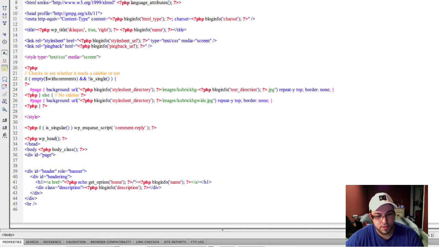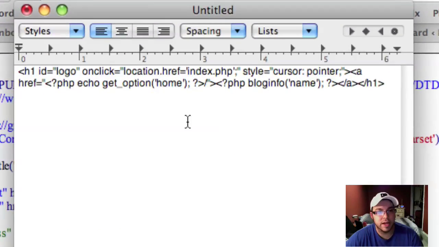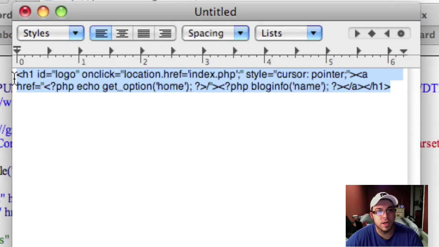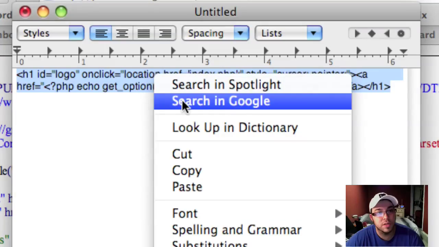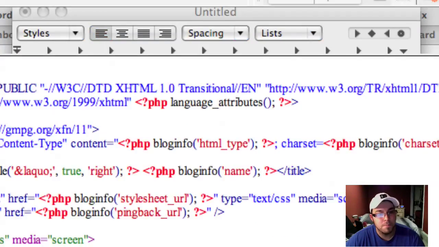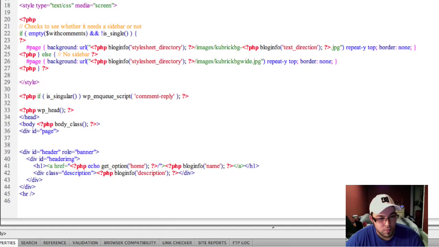And I have this tag that I pulled off of one of my sites that I've done previously. And you can actually find this on my website if you need to grab this snippet for your own site, and it's diytuts.com, doityourselftutorials.com. So I'm going to take this little snippet that I've already copied, and I'm actually going to highlight this whole H1 tag in Dreamweaver